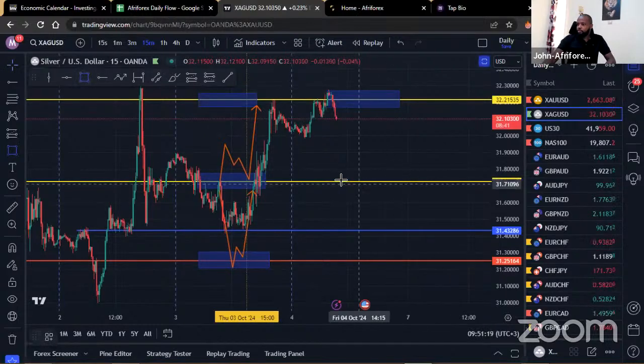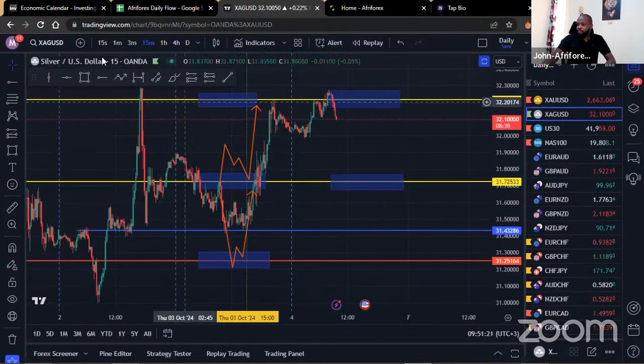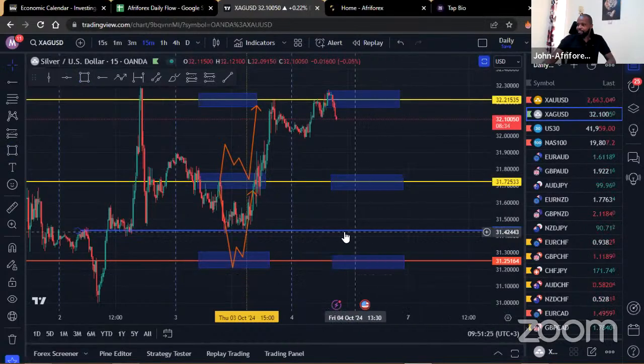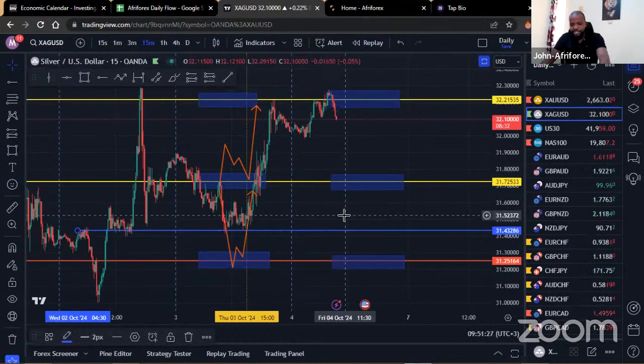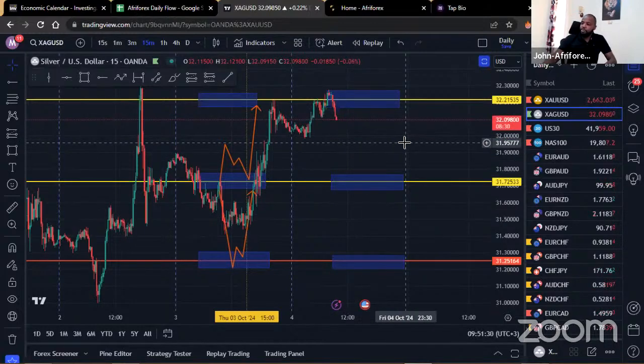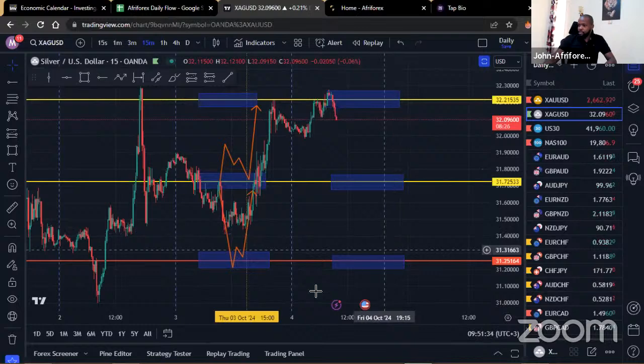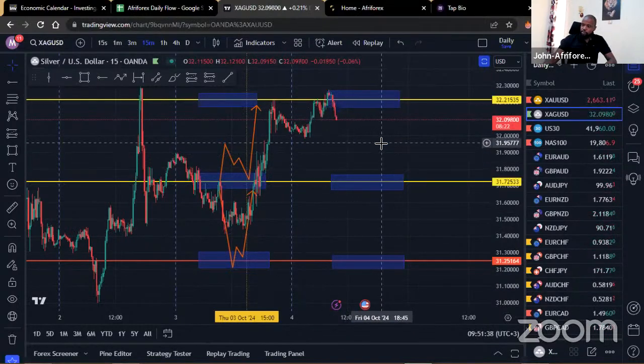But it's good to see from the screenshots, Bravin did end up getting a good buy on silver. Of course, Bravin is a real sniper when it comes to silver, which is really good. We're really happy to see. So for this one, we're going to be keeping up with the buys. But of course, right now, based on where the market is, it's not a good time to look for the buys.